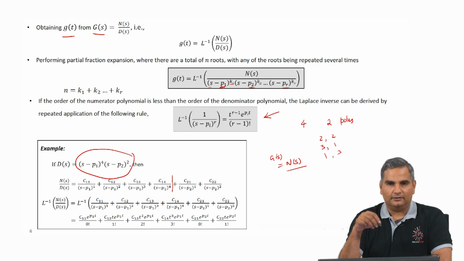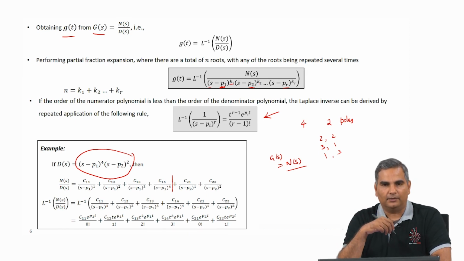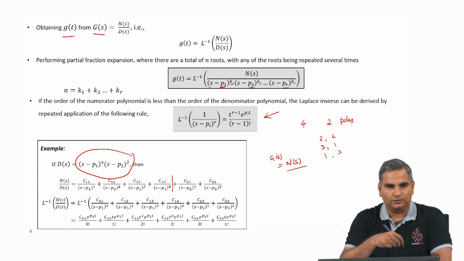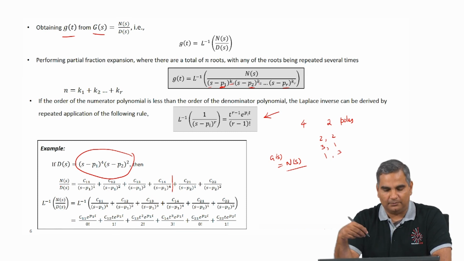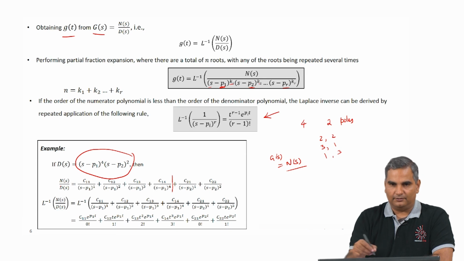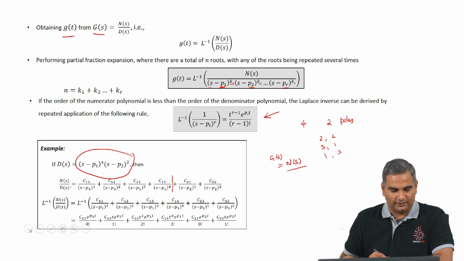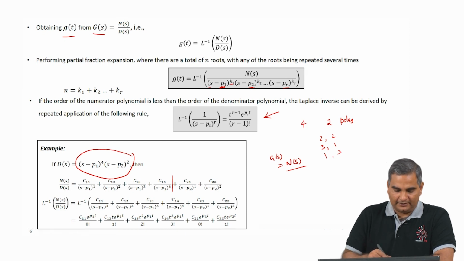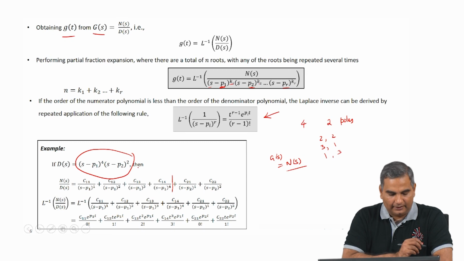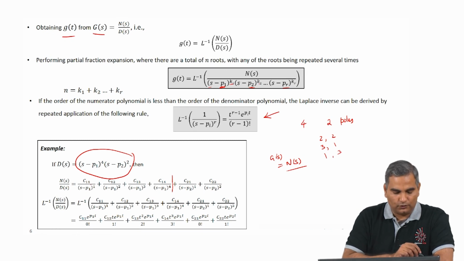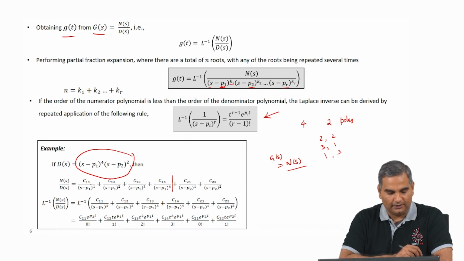So, what I am trying to show here is a generic solution for N(s) by D(s), and I said that the minute we have a polynomial we have n roots, but it is not that all roots need to be distinct. So, we have multiple roots repeating, and we have come to a state where the inversion of this N(s) over D(s) is simply finding the Laplace inverse of this. Again, just to reiterate, I have not shown you how to compute the C11, C12, C13 and so on, which we will see in the next lecture.